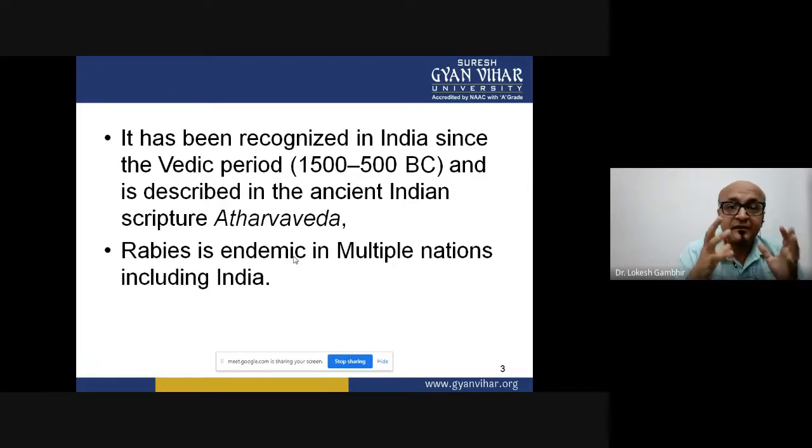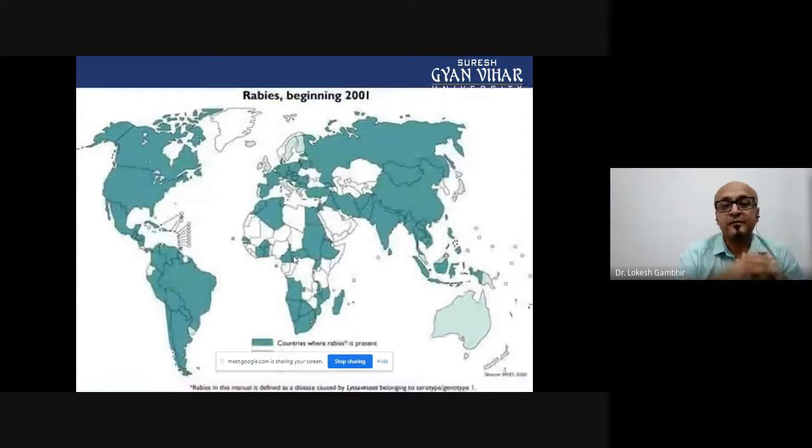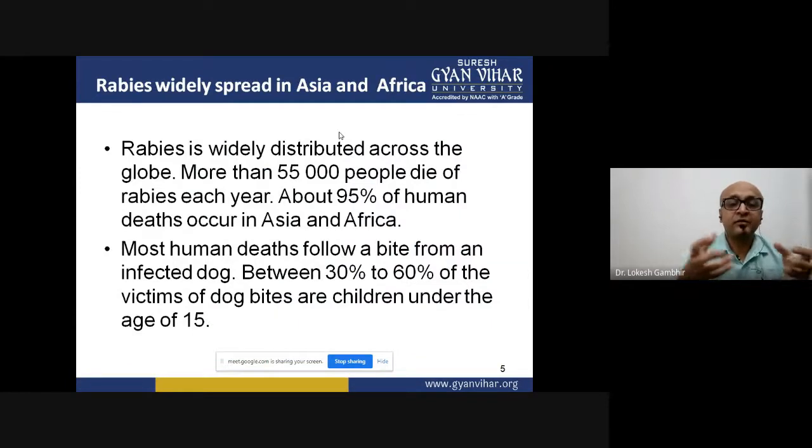So this is the reason why we are focused on this particular virus. And you see the epidemiological studies, how the cases of rabies virus have been reported, starting from the beginning of 2001. The presence of the rabies virus is actually global. It's not related to a certain area. So rabies is widely distributed across the globe, and the reports of mortality associated with this virus show that almost 55,000 individuals are dying per year. So it's a serious threat.